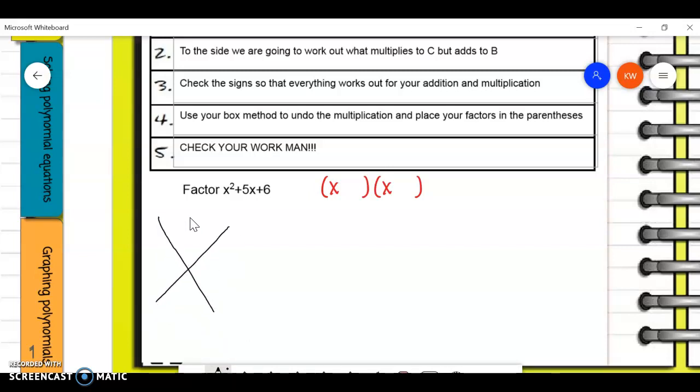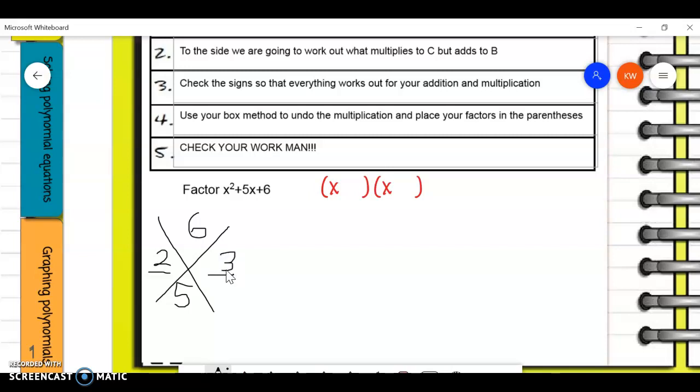I am looking for what multiplies to 6 but adds to positive 5. So what multiplies to positive 6 but adds to positive 5? Now there's a lot of different factors that we know that multiply to 6. We know 2 times 3 works, and we know 1 times 6 works. Now, only 2 of those add up to 5. If you add 1 and 6, that gives you 7, but if you add 2 and 3, you end up with 5. So our factors for this are 2